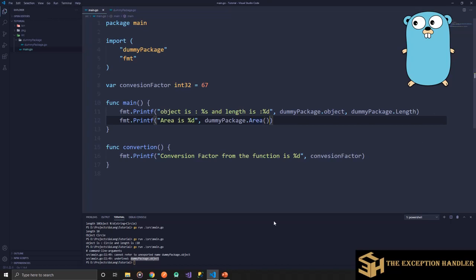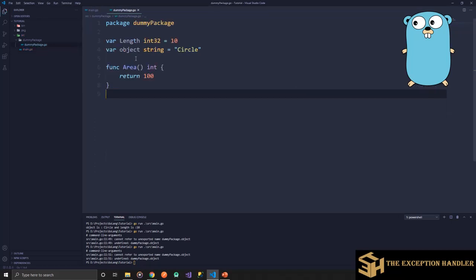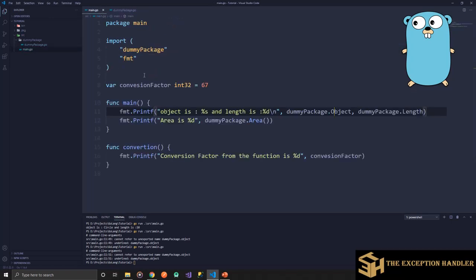I'll call this function and let's give a line feed over here. Okay, sorry, I'll convert this to Area. Now let's go to the main program and try to run this, because capitalizing the function name will help us access it from the dummy package in the main package. Now we can see the area is 100.